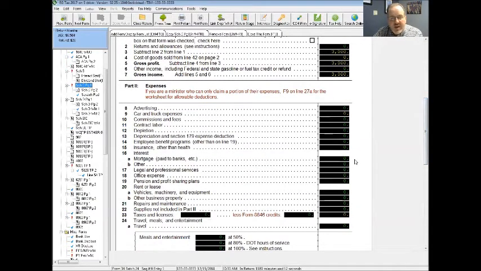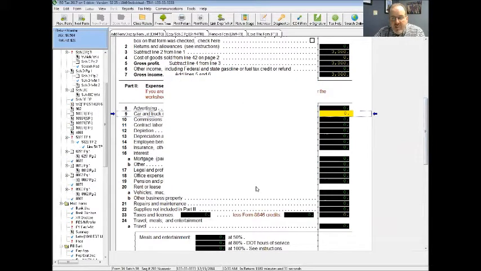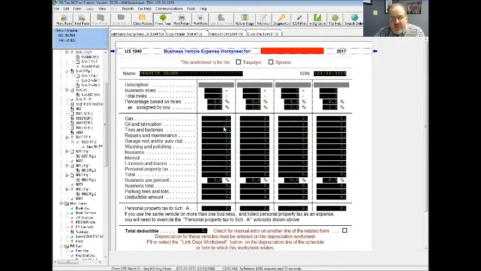The big thing is, and I saw this already with my classroom and the people online, like yourselves, that took the exam: car and truck expenses. If I go here, you're thinking, oh, I got to put something in there. If I hit F9, there is a vehicle worksheet. That is a great worksheet, but the only benefit to that worksheet is if you're doing actual. If you look here, remember we talked about our 53.5 cents a mile. These are all the things that make up that 53.5 cents a mile. So that's great if we're going to do actual. But most of the time,